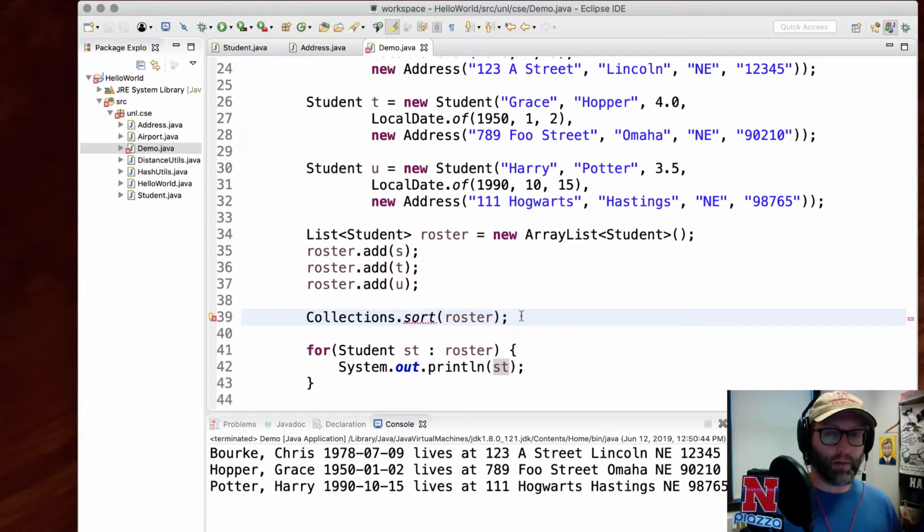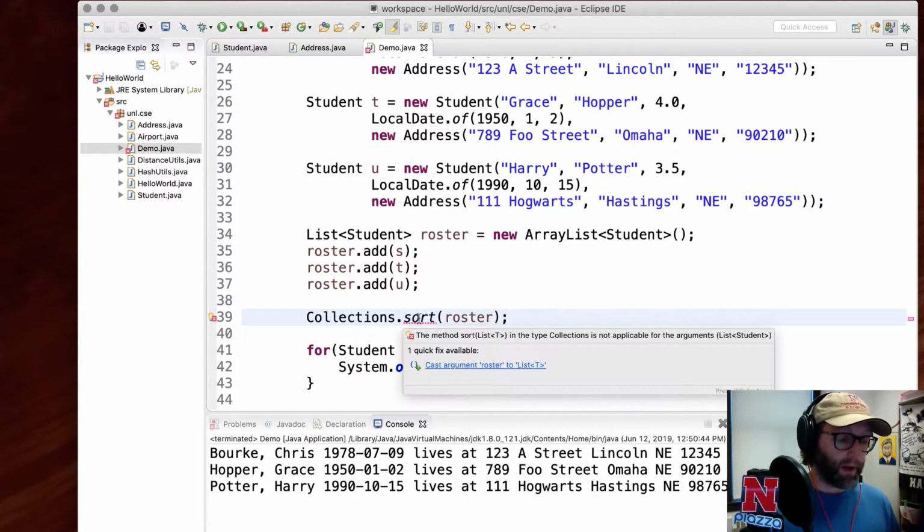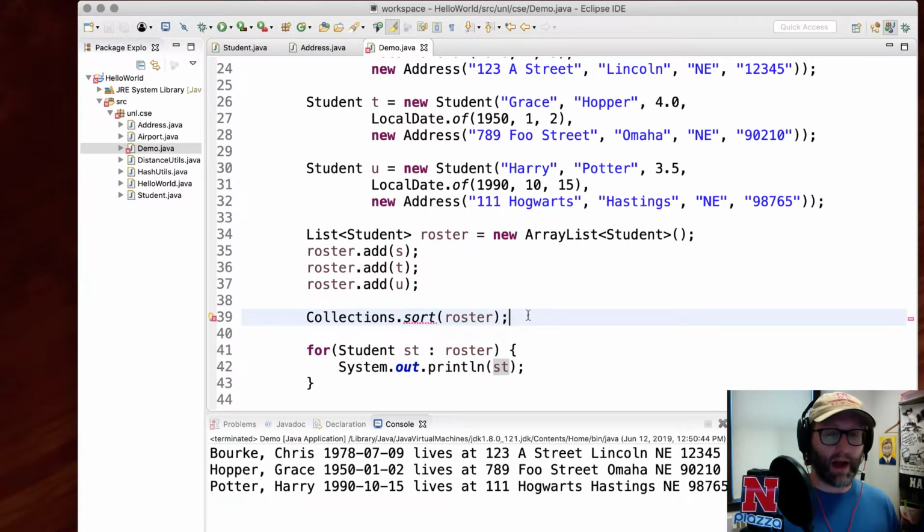But there's a problem here. It's complaining because roster is not naturally orderable. In other words, unlike numbers where the natural ordering is in increasing order, right? 1, 2, 3, 4, 5. There is no natural ordering on student because it's a user-defined type. If you want to impose a natural ordering on it, you can do that, or you can make your own